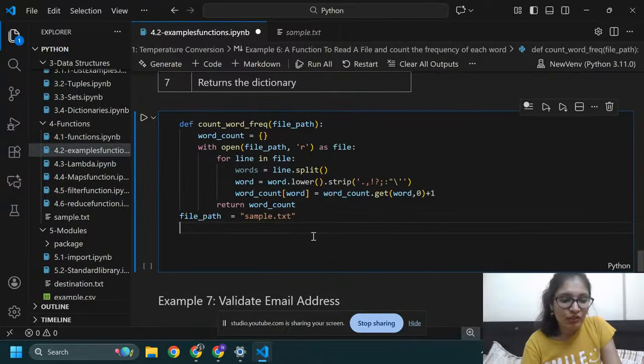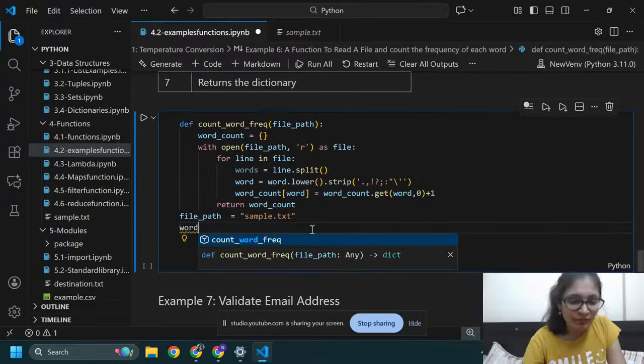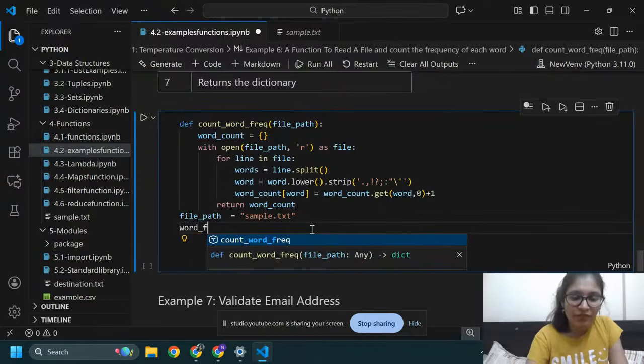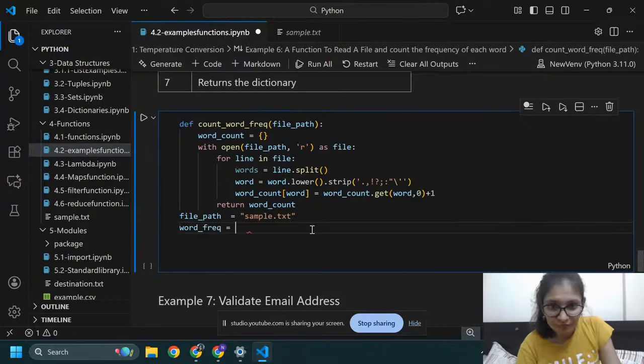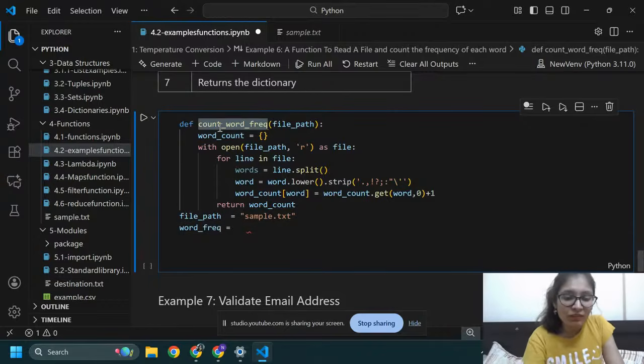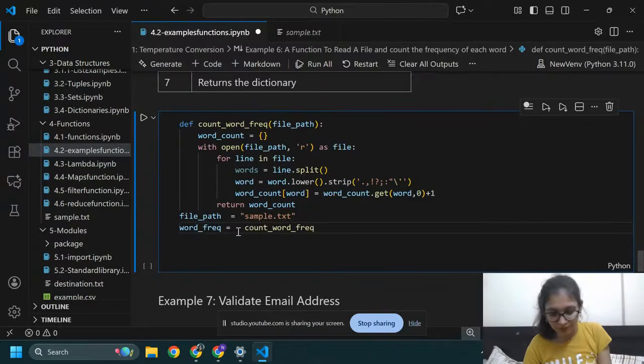Now I am going to create another variable, that is word_frequency. Word_frequency equals, I'm going to call this function count_word_frequency.